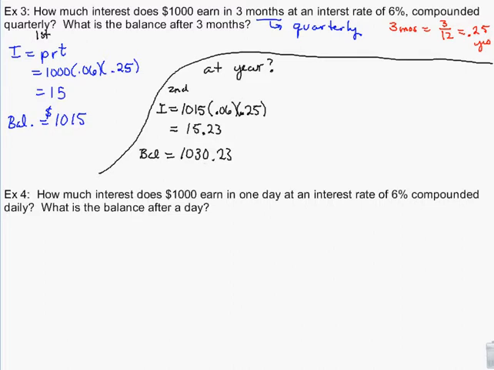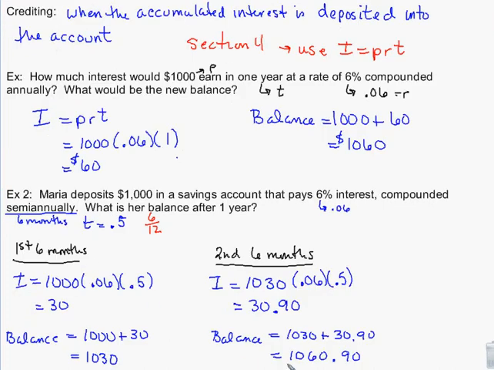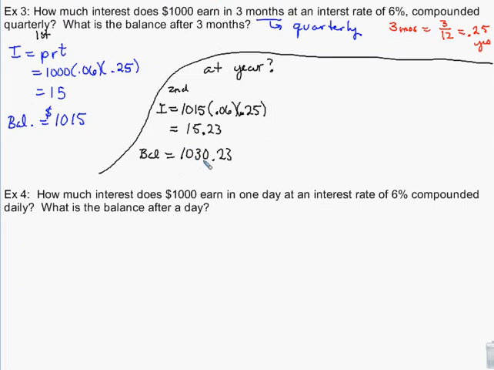Now, if I go backwards, we're at 6 months right now because we had a 3-month and a 3-month. At 6 months here, we had $1,030. At 6 months here, we have $1,030.23. It's not a huge difference because it's a small amount of money. $1,000 is a small amount of money in banking world to earn interest on, but it's 23 cents. Same length of time, same amount of money, same interest rate, one extra calculation, and we've already got 23 more